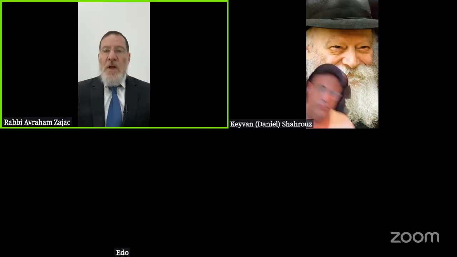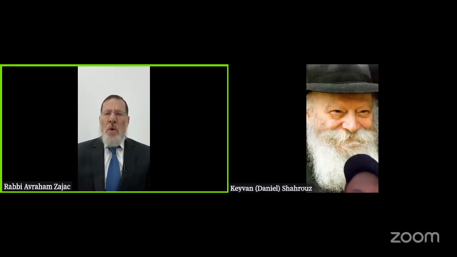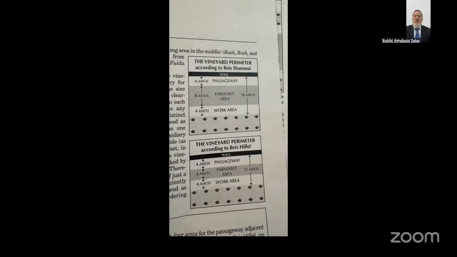kerem. Now, it was common that people would surround a vineyard with a wall, but the vines would not be planted all the way up to the wall. They would normally leave, let's say, 4 amos of empty space. As we explained, you need to have 4 amos in order to be able to bring the implements that are used to work with the vineyard. That has to be emptied out space. There is also people that would leave some area